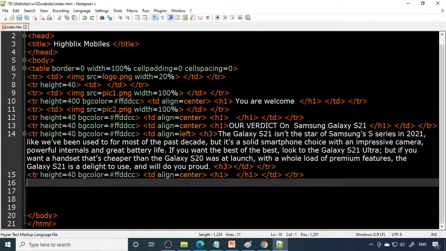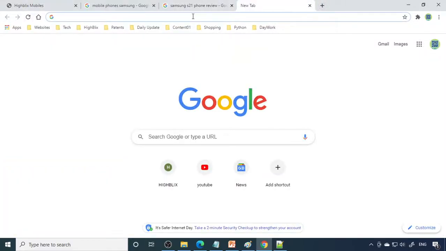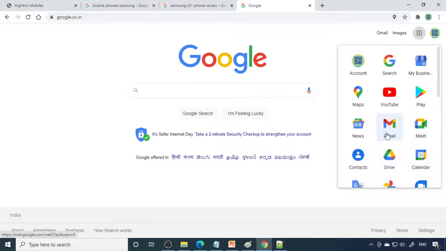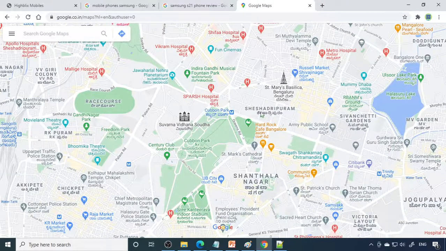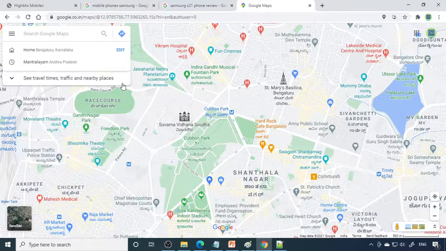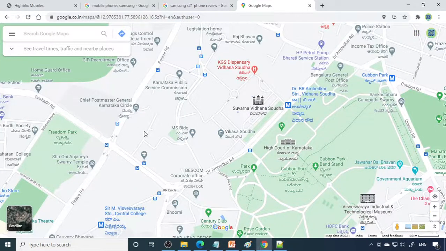So likewise, you can copy and paste and put pictures or content, whatever you want. And at the end, you want to give the address or Google Map. So we go to Google Maps and take the picture from Google Maps. Fine.